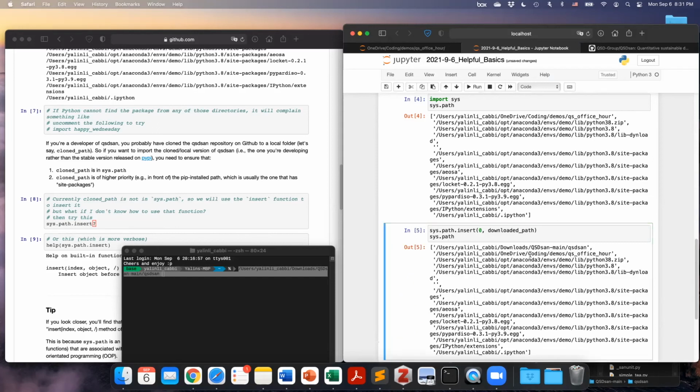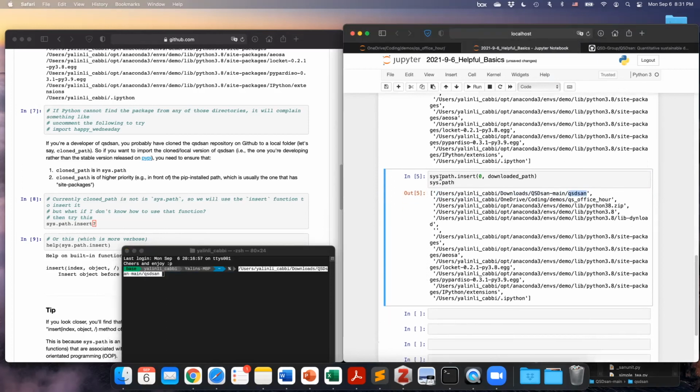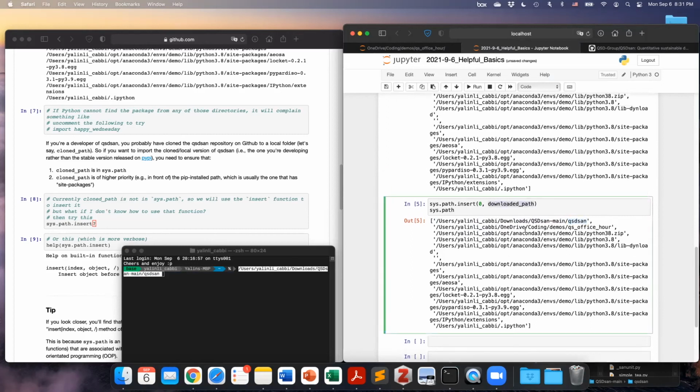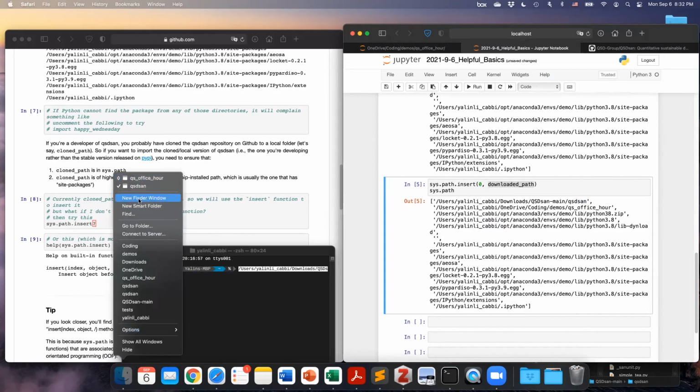And look at this thing again. You can see, all right, here we successfully insert this path. Actually, oh, and by the way, I shouldn't be having this QSDsan part. So let's do this again, because we want to import QSDsan, so it will be looking for this QSDsan folder as a whole. So if I have this QSDsan there, it is still like not having this QSDsan, because if I